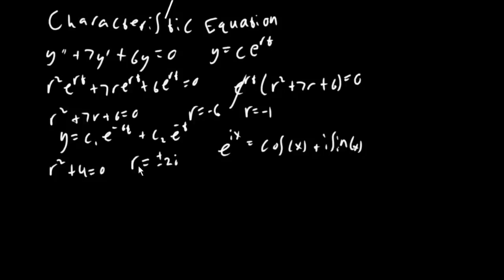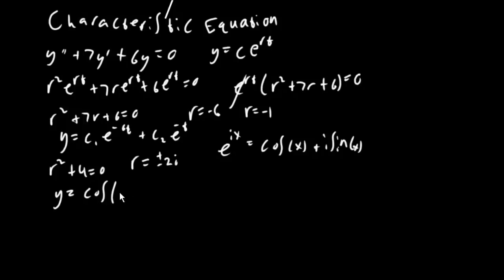And so if we get something like e to the 2ix or e to the negative 2ix, although the negative one doesn't really matter since cosine is an even function and sine will just come out in the constant that we multiply this all by. So the solution for this one will just then be y is equal to